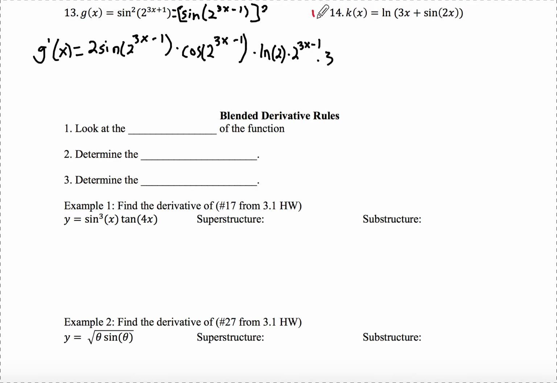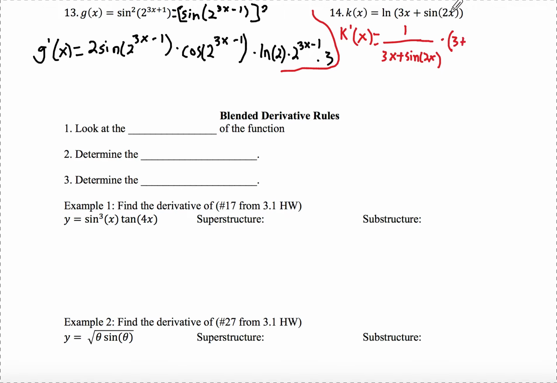Change color here to make this a little more clear since running out of space there. All right, derivative of k of x. So I need k prime of x. On my outside layer is natural log of Dorito. So the derivative of natural log is 1 over the inside, 3x plus sine of 2x. Okay, then I would multiply by the derivative of the inside. The derivative of 3x is just 3 plus,